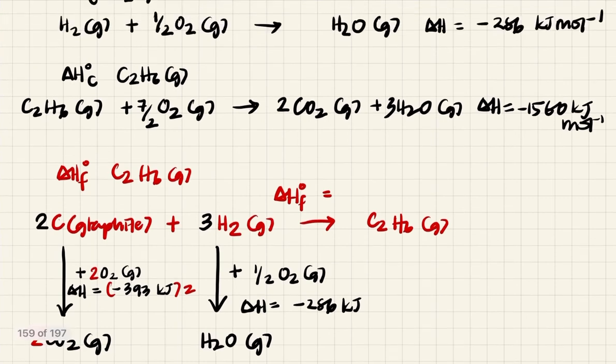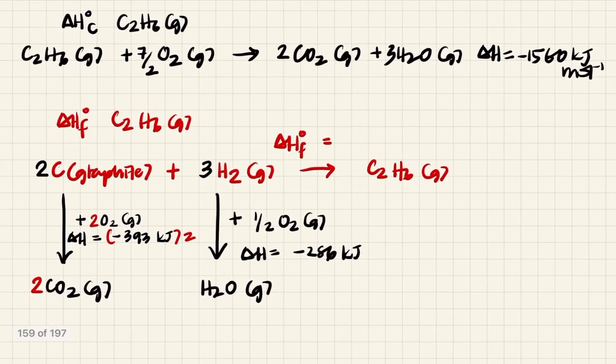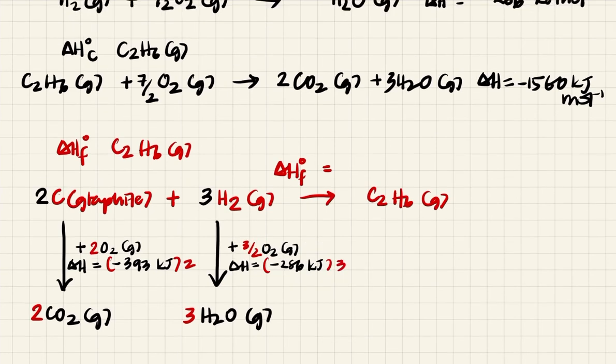Okay, again, you have 3 here. That means you are going to times the whole equation with 3. So this will be 3 over 2, this will be 3, and this will be times 3. So now that we have 2 moles of carbon dioxide and 3 moles of water, if you realize, you